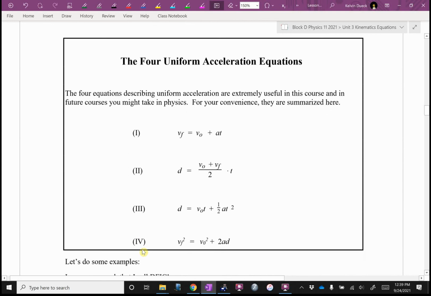So these are the 4 uniform acceleration equations. Sometimes they're written a tiny bit differently, especially in Britain. Instead of using initial, they'll use 0, because they'll say, well, at time 0, that must have been your initial. Although in Britain, they won't say 0. Do you know what they call that in Britain? They call it